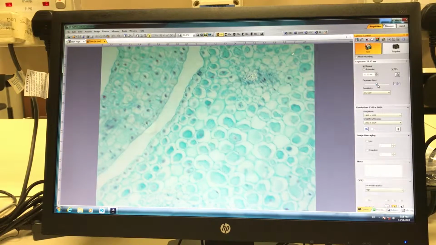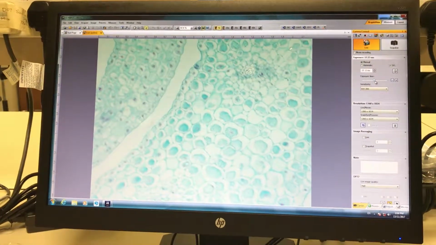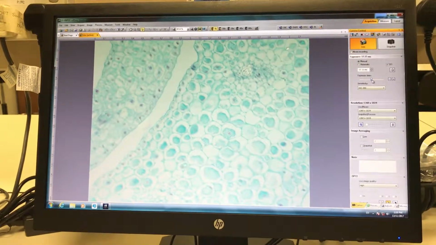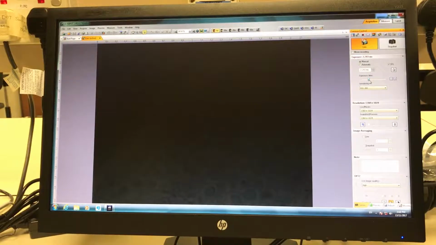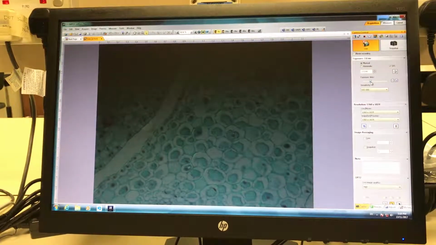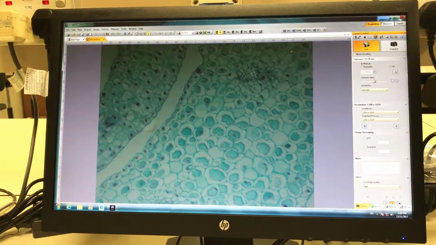The longer the exposure time means that you've given the sensor chip longer time to acquire the signal, so the image will look brighter and brighter. When you reduce it, the sensor doesn't have sufficient time to collect the signal, then the image will become dimmer and dimmer. Okay, and then we have this